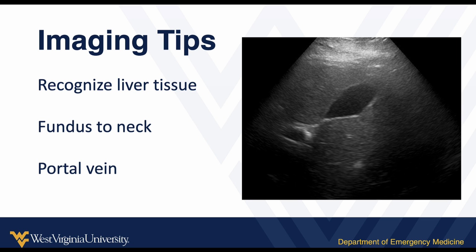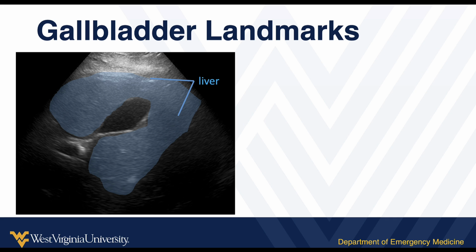whole thing, and then image it all the way towards the portal vein. So from the portal vein up through the neck into the fundus of the gallbladder, image the entire thing. If you miss one little piece, that's going to be the piece that has the stone that you didn't see. So always be thorough. Just to help you recognize some of the landmarks, we should see liver mostly all around